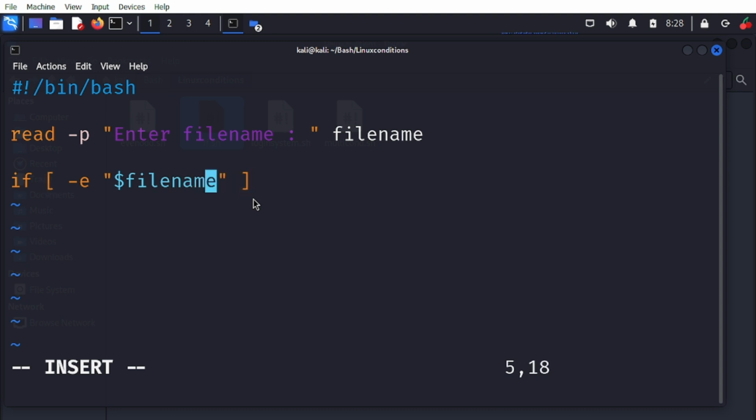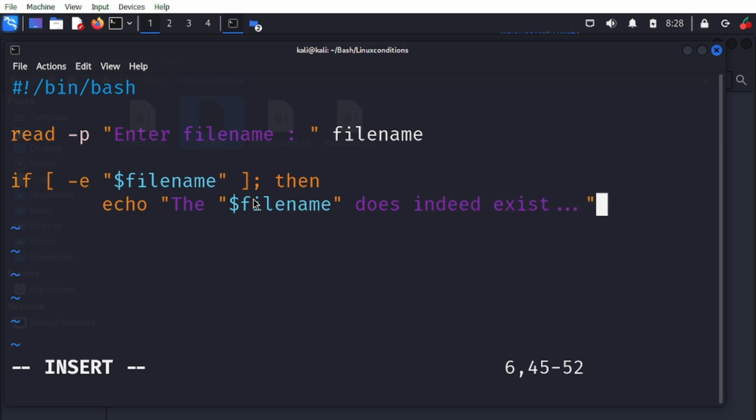We use -e to check if the specific file exists. If it exists, then we would echo out the file name, the name of the file, does indeed exist. Let's do that, and always close